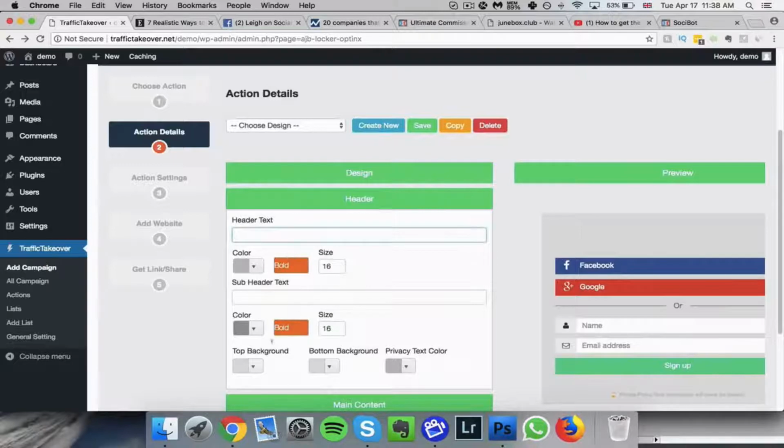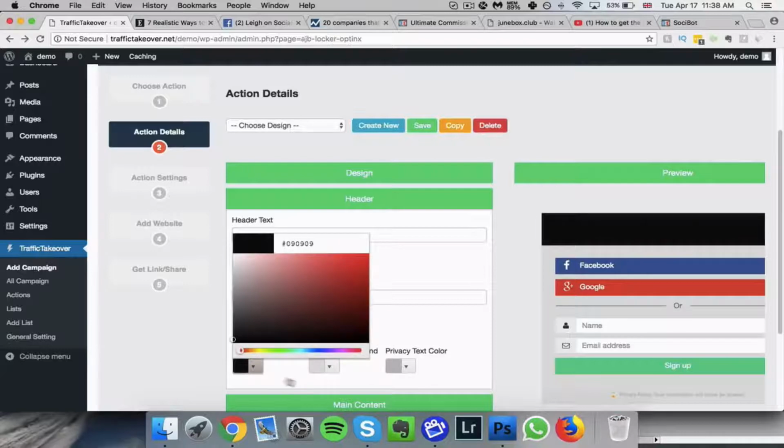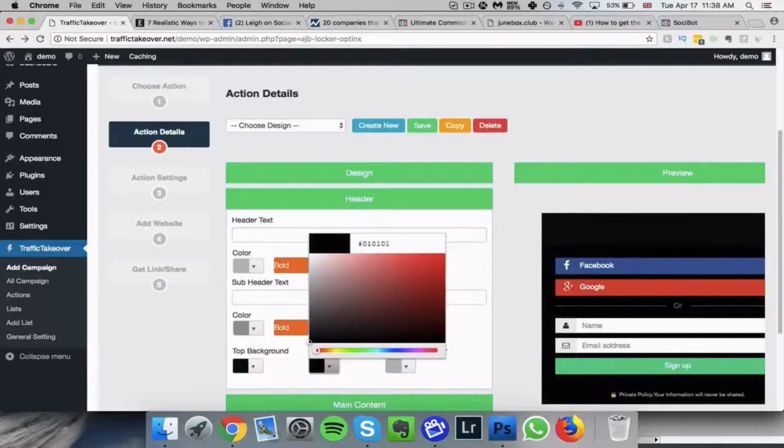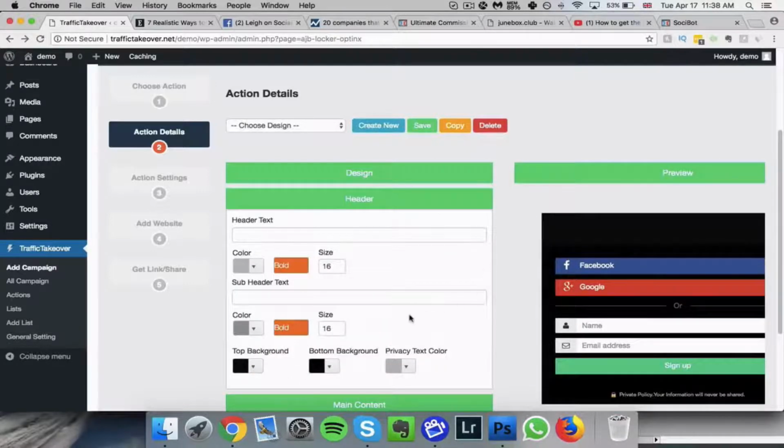So the first thing I'm going to do is I'm just going to change the colors. I'm going to change that. Change that. I am then going to change the header text, and I'm going to say